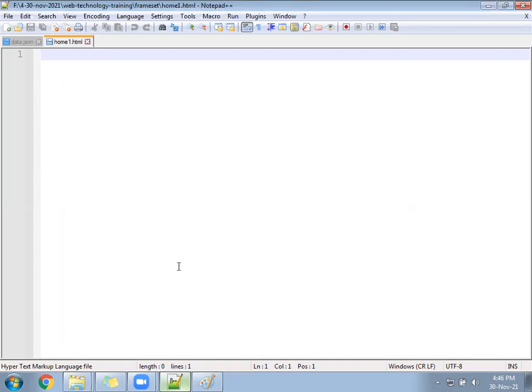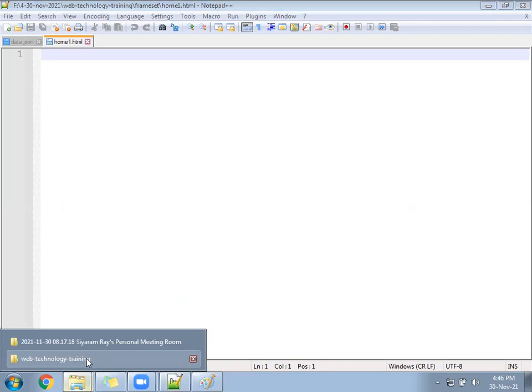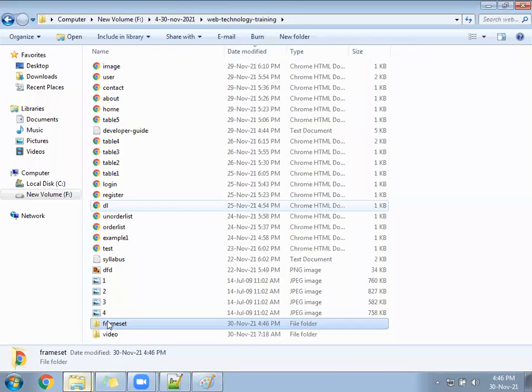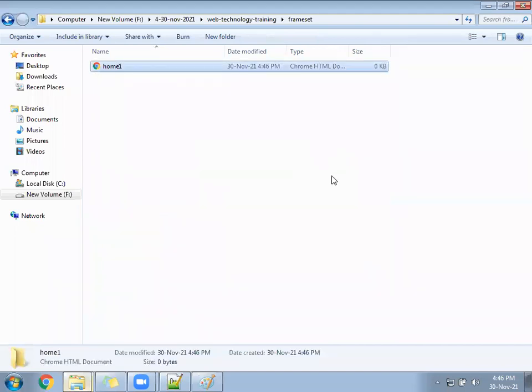You can go to the frame set folder and verify once whether the file is there or not. Go inside and have a look. You have a file home1.html.